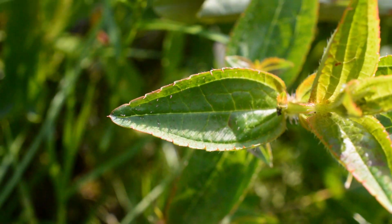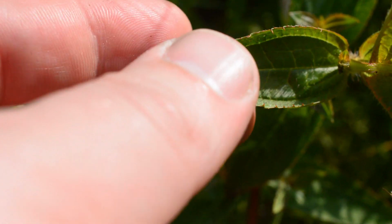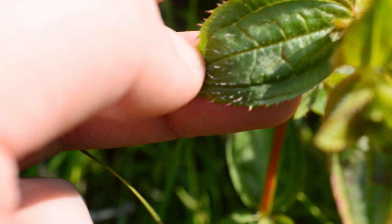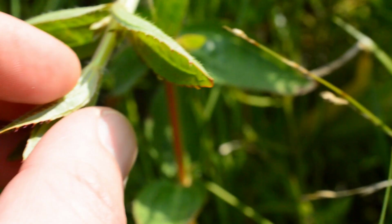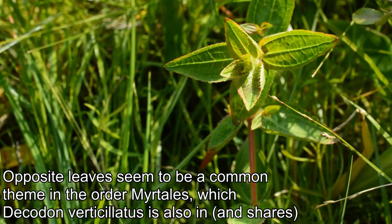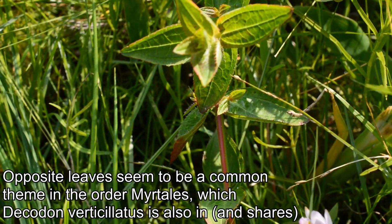So just really pay attention to that venation. That's going to give it away for you every single time that this is a melastome. Hairy leaves, very characteristic venation. Like I just said, leaves are opposite. And Melastome is basically a family that's entirely